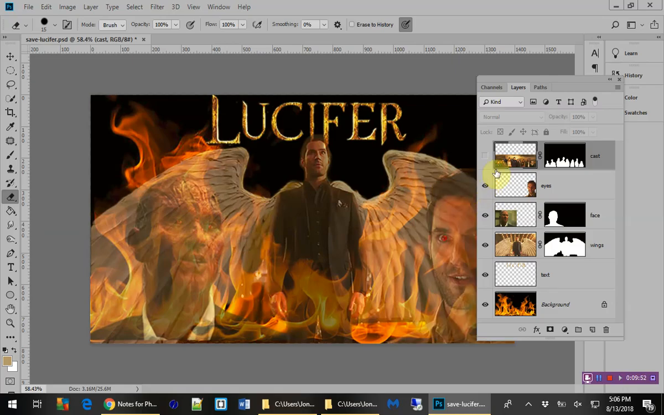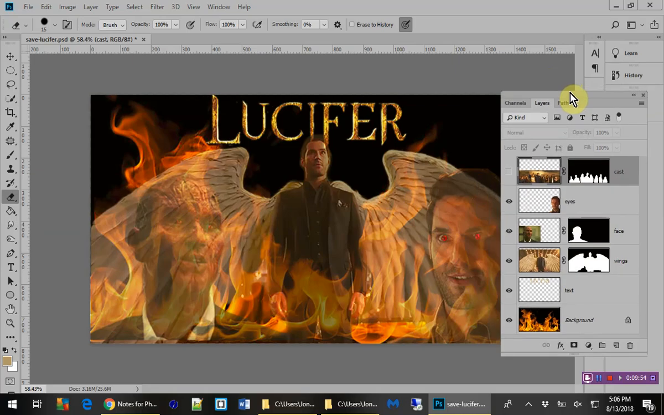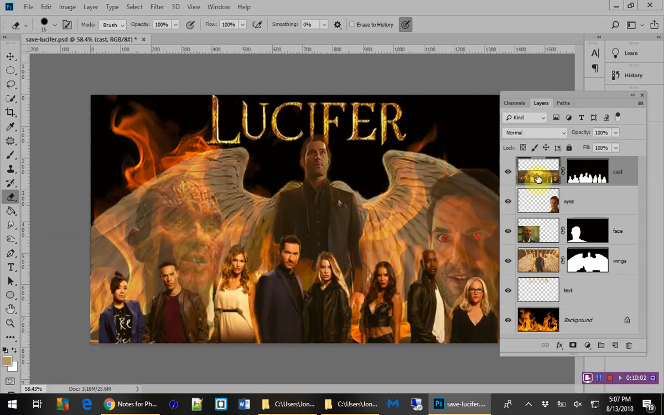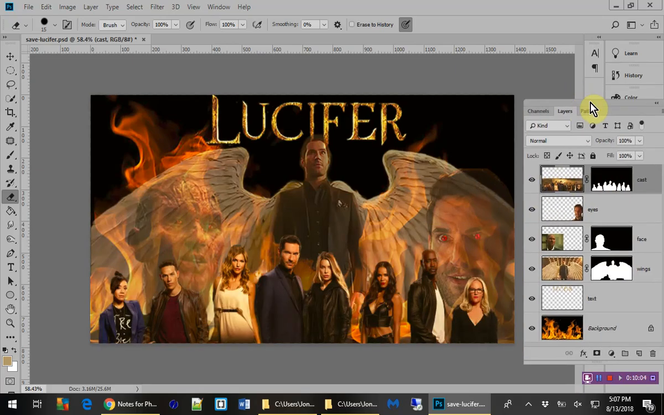And I did the same thing with this picture with Lucifer, and I think you can see the redness of those eyes a little bit better. And then I took a picture of the cast, put it together, and then there we go. I'm still not happy with it. I'm probably going to move this around. It's a little bit off-centered there, but this is how I've used